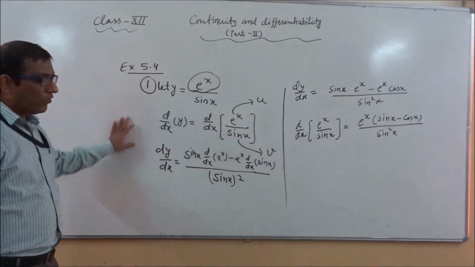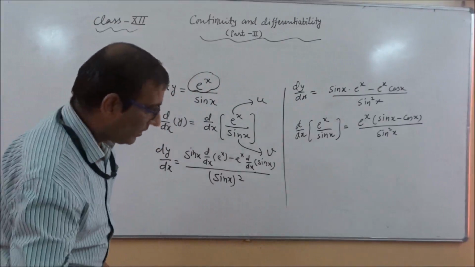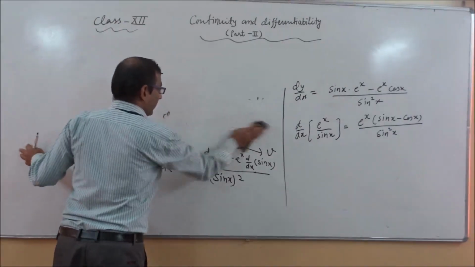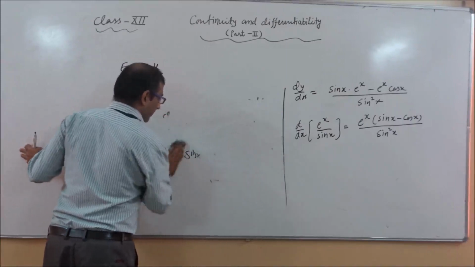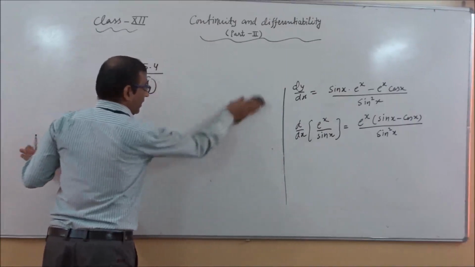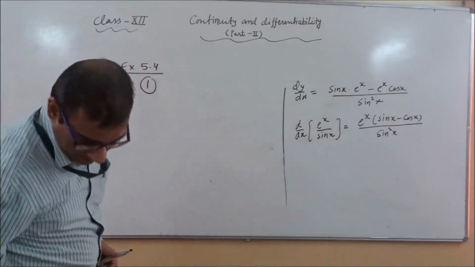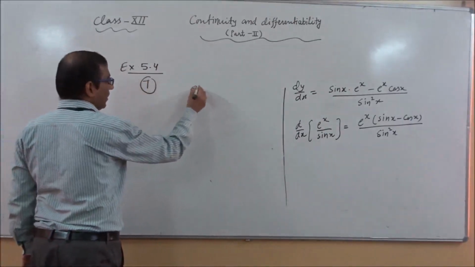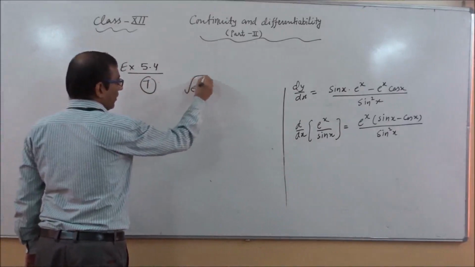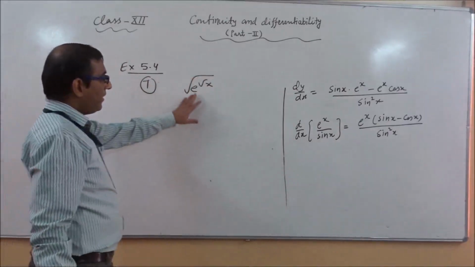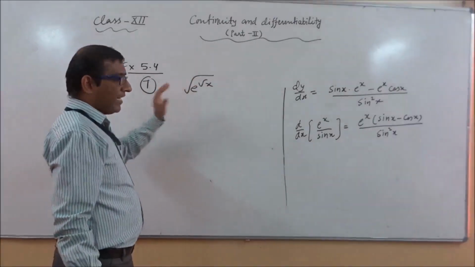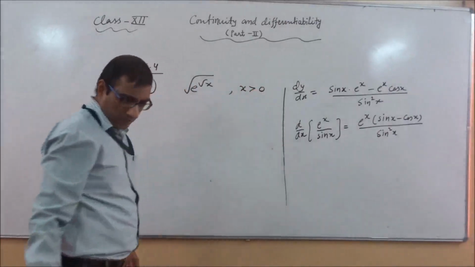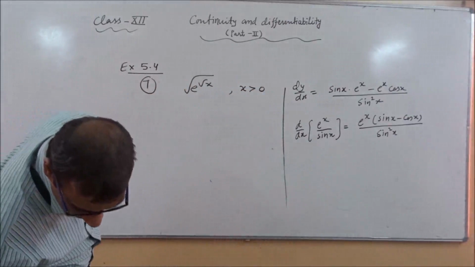Now I am solving one more question related to this exercise, and this time I am taking question number 7. It is one of the interesting questions, and the question is how will we calculate the derivative of e raised to the power under root x, again in under root, if x is greater than 0. This is given in the question.